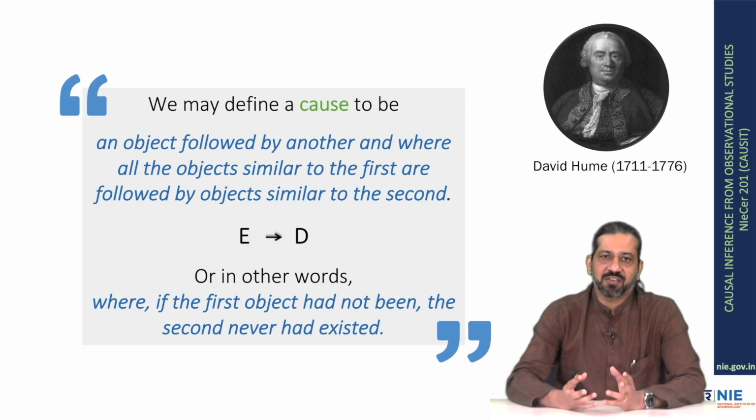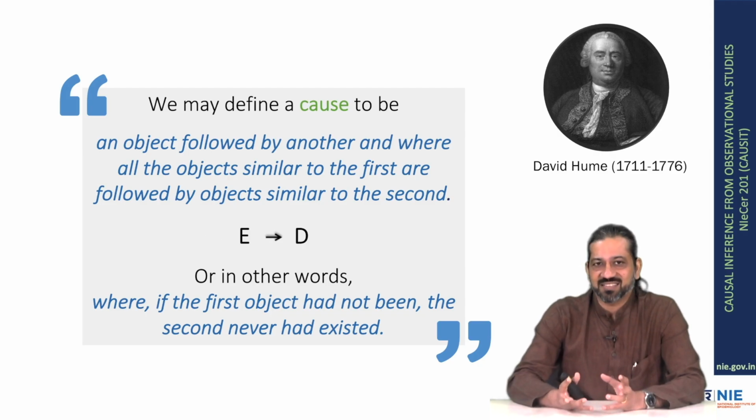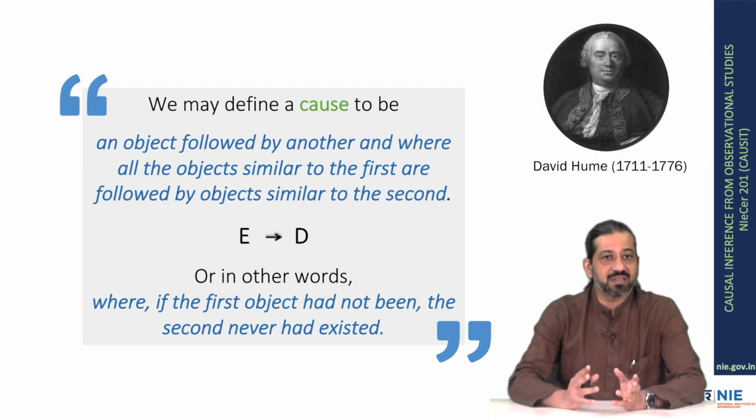And probably this definition of cause would not hold true if, out of, say, the 1,000 times that you see D being followed subsequently by E, D doesn't happen when E is there. So if you see somebody or a population with a certain level of smoking habit, but you don't see a similar kind of distribution of, say, lung cancer, then we come into a dilemma whether smoking is the cause of lung cancer or not. In his subsequent works, specifically in the Inquiry Concerning Human Understanding, Hume actually added one more